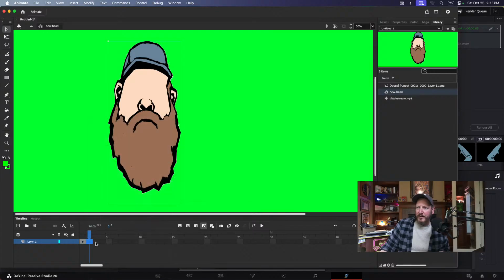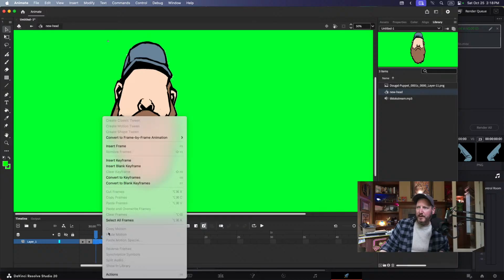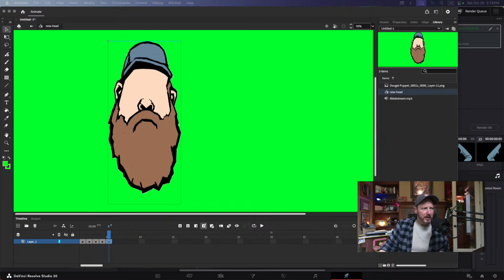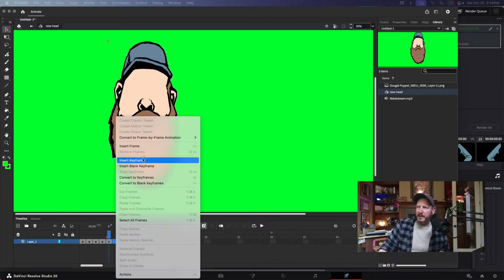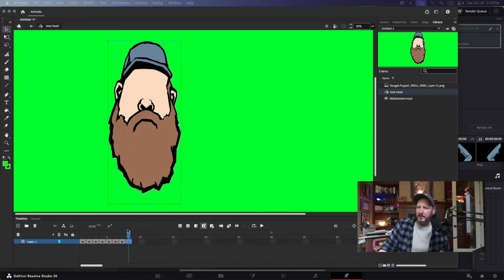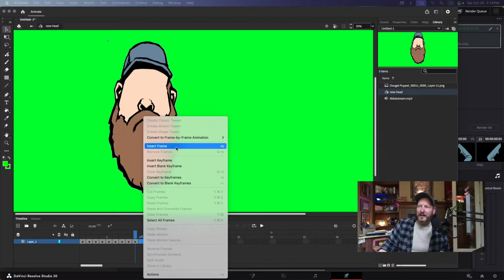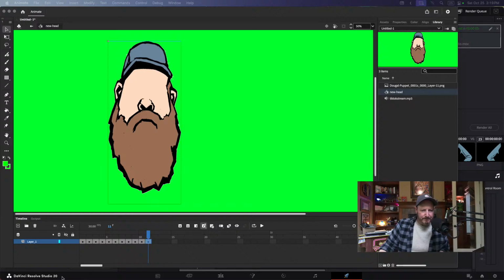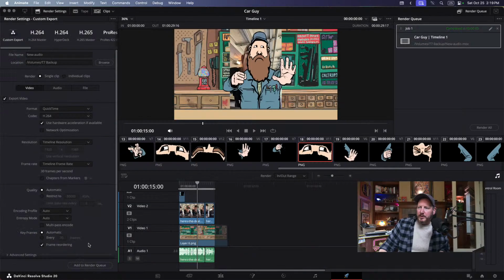So insert keyframe, insert keyframe, insert keyframe. How many heads do we have? 1, 2, 3, 4, 5, 6, 7, 8, 9, 10, 11, 12, 13. I'm going to say just 12. Insert keyframe, insert keyframe. Oh my God, what's with my dog? Insert keyframe. He loves when I add keyframes. He just barks every time. Insert keyframe. Insert keyframe. Perfect. Great. So now we're... Did it just crash? No, it did not crash.